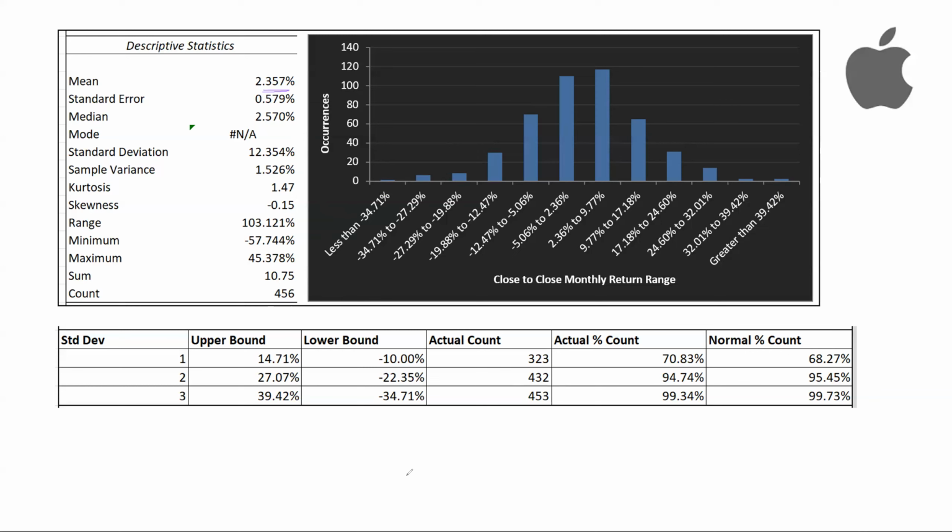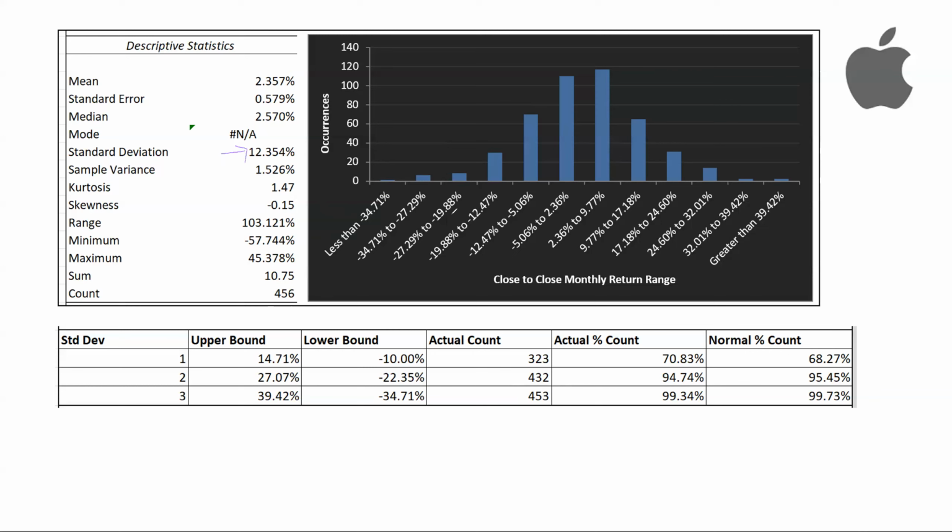Somewhere around 0, 1, or 2 like that, which is why the mean is 2.35. So this mean here doesn't mean that every month Apple tends to close around 2.35% movement. It doesn't mean like that. But rather, if you want to look at the monthly volatility, what you should be looking at is standard deviation,